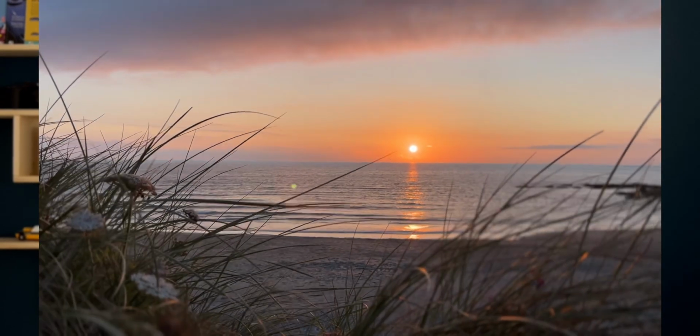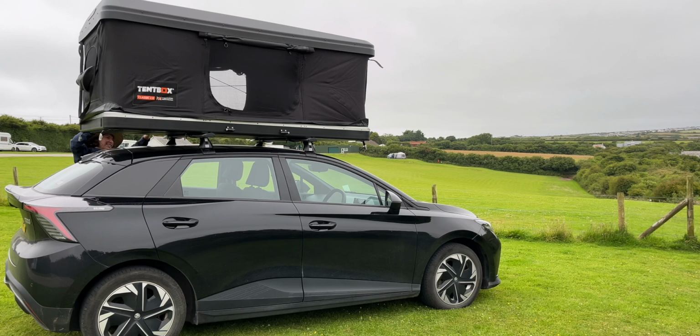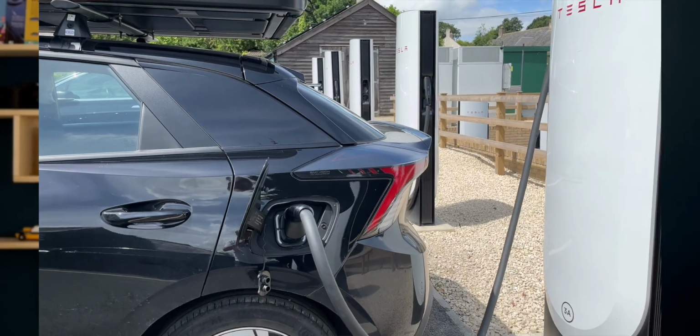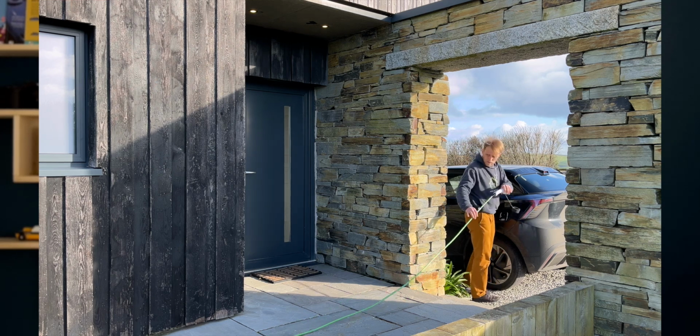The twist: both journeys had approximately the same distance and the same destination, Gwithian beach, but two very different experiences with my electric car. In winter, I went for a cozy accommodation with solar charging, while in summer I packed my MG4 with a roof tent and all the camping gear I needed for a true outdoor adventure. I also relied entirely on public rapid charging for my summer trip using Tesla superchargers, which of course I still consider the cheapest and most reliable public charging network, whereas in winter I experienced slow charging from solar panels